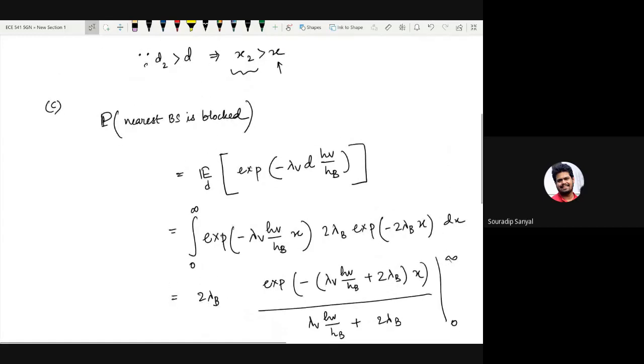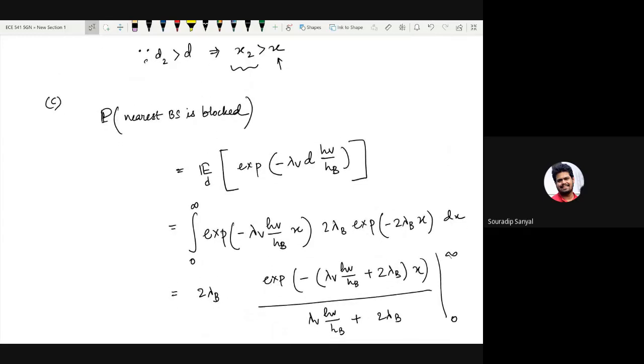Yeah, I accidentally used e to the power minus lambda bx, which is for two directional line processes, and I ended up with the type of expression that you were saying, the fractional one. Anyway, since it's one directional, it should be 2 lambda b. But I was thinking, on the contrary, that if the heights are equal, then it should always be blocked, right? If it is 2 lambda. Not. Yeah, that's a good point.